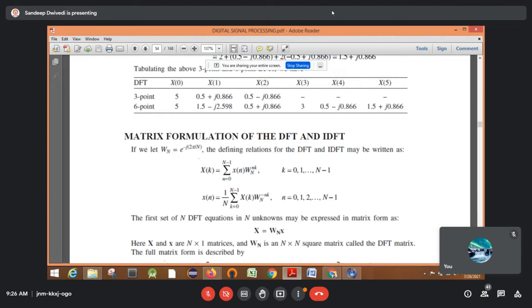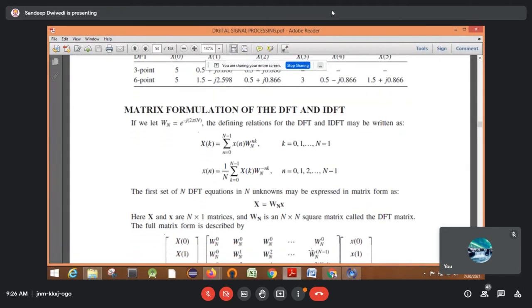So here also in the same manner, the size of the input sequence will be capital N cross 1. That is the size of the input sequence, and whatever output, meaning whatever DFT you will get, that is also having the same size. But this twiddle factor matrix is having the N cross N size. Size of that twiddle factor matrix will be N cross N. How to form that twiddle factor, I will tell you.